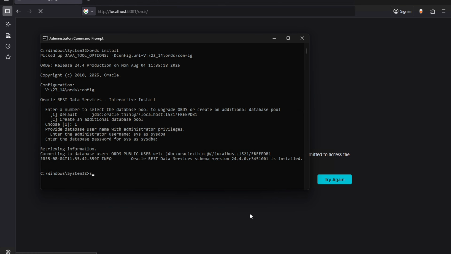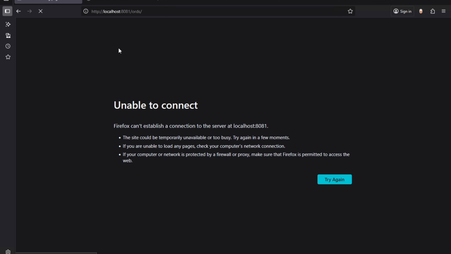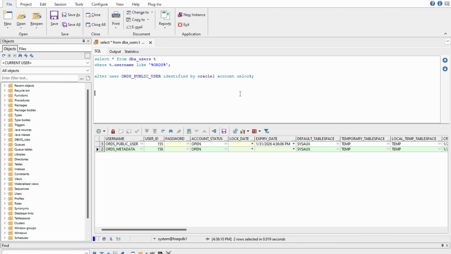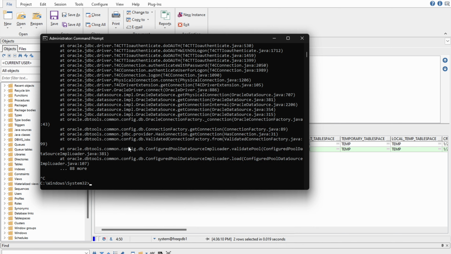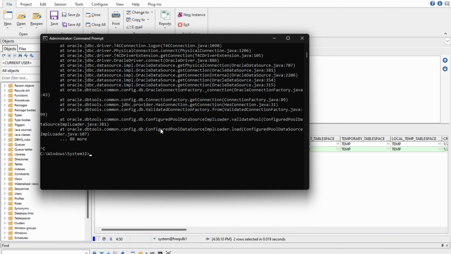Now start the ORDS serve. You will see this error, invalid credentials or not authorized. This is because I have changed my password of ORDS public user to something that is not in our installation directory. So for that, I will simply shut down my ORDS services, and let me